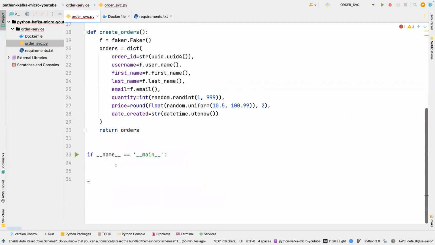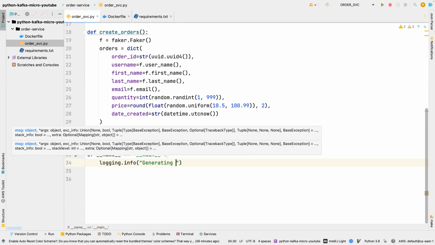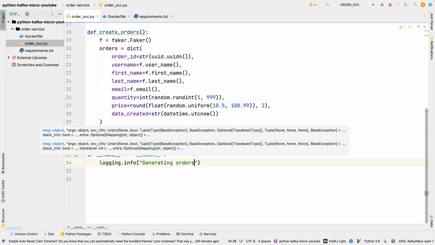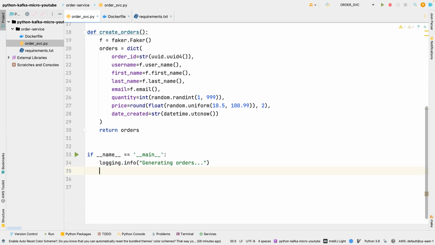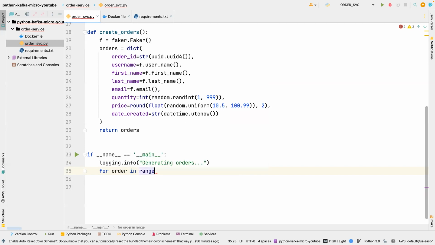Okay, so now what we are going to do next is to log some information to the console info, and then we're going to just print generating orders. Okay, and we're going to create a for loop. So we're going to say for order in range, we're going to pass in the order limit,